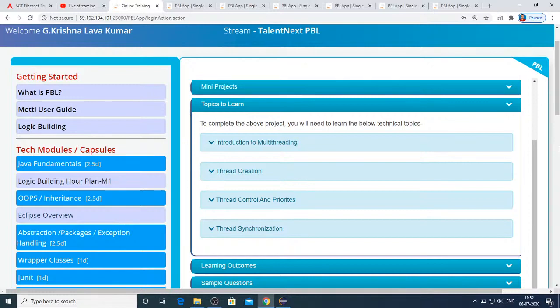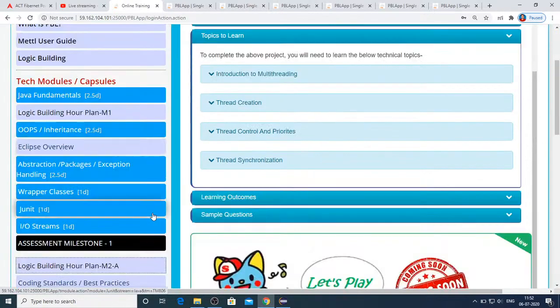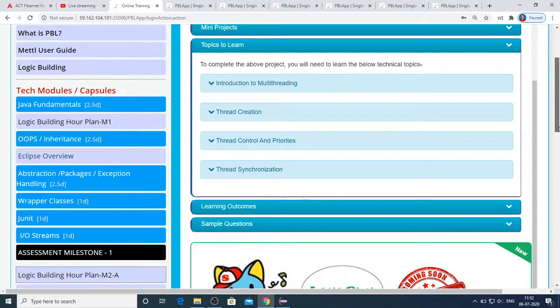And the second link will comprise a logic building exercise, and a few of you were asking me questions personally. Is it sufficient to do logic building plan M1, or do we also need to solve M2A? I already stated these are for practice purposes, and you don't get any problem directly from these.